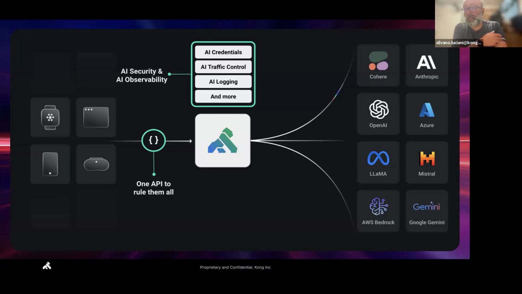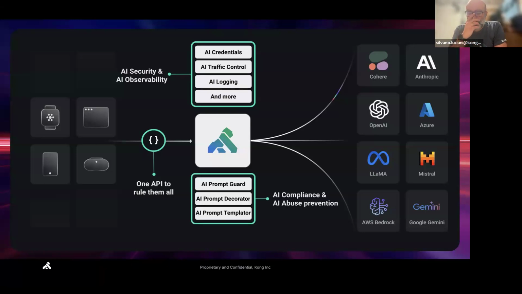And so in this way, they can access the LLM provider without actually knowing the real credential to access the provider. And on top of this, you can build logging so that you can control all the requests that the developers and members of your organization are sending to the LLM. And traffic control, which is important because, as we said, these things are not cheap, right?